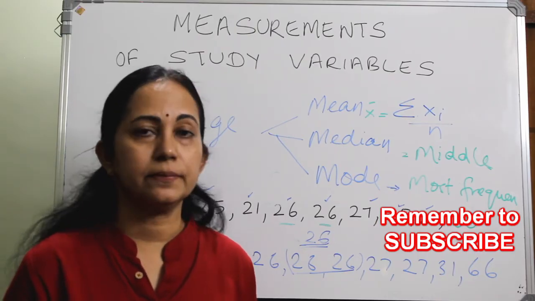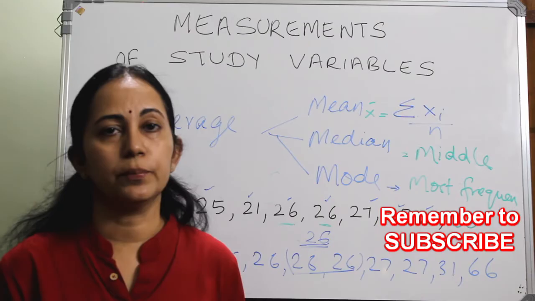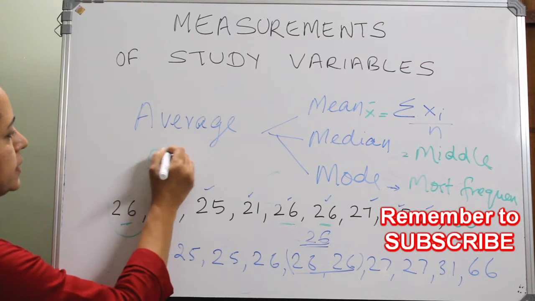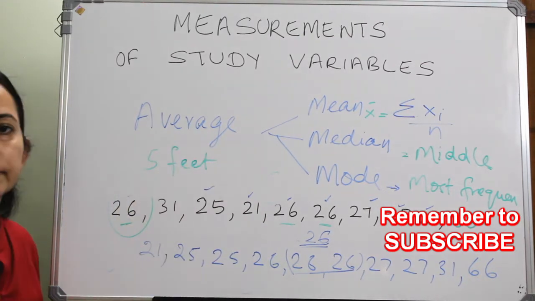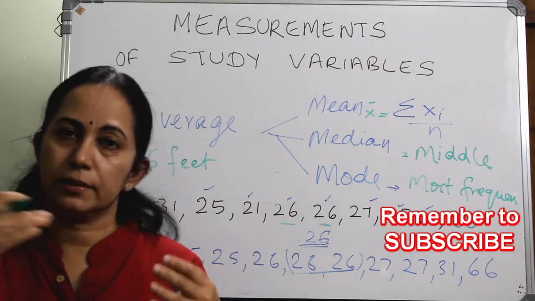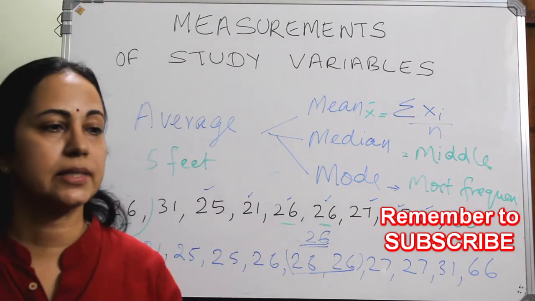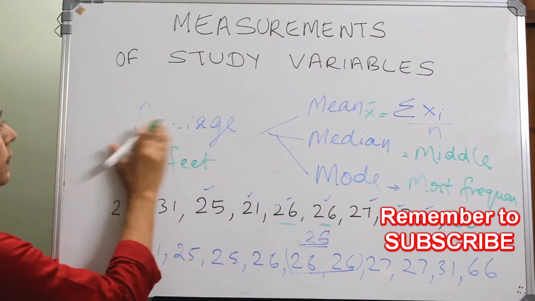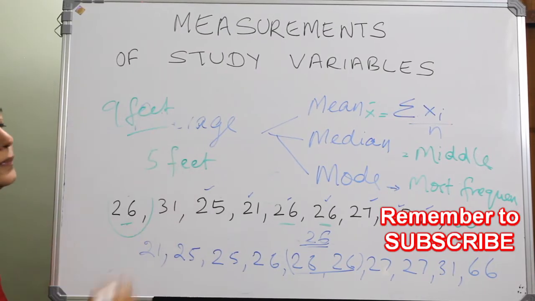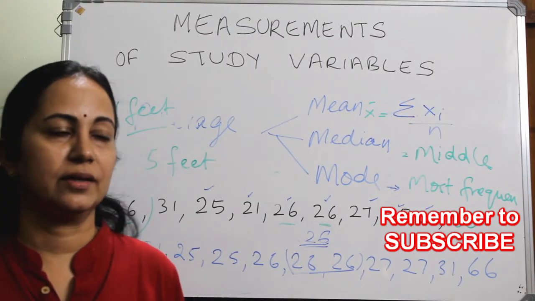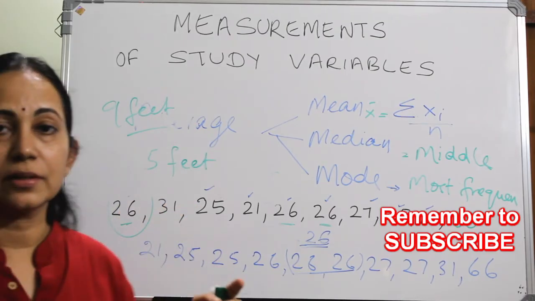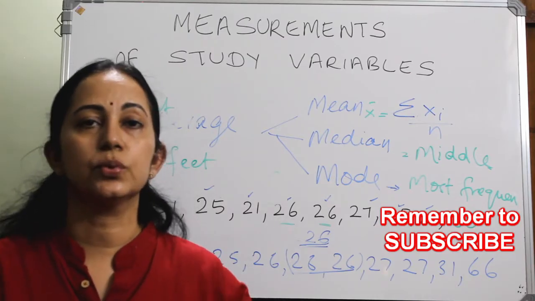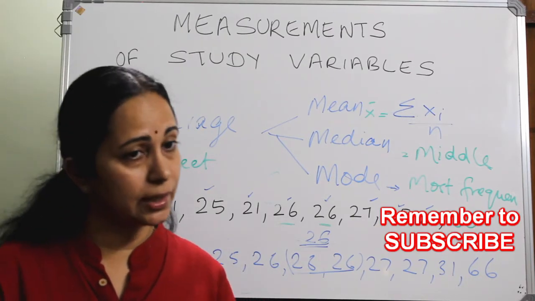So he asked the instructor what is the depth of the swimming pool, and the instructor told that it is 5 feet. And the person started swimming, and suddenly he went to the deeper side, and it was actually 9 feet, and he started drowning. Okay, so this happens because the instructor failed to tell that the swimming pool has a range of from 3 feet to 10 feet. He has to tell like that.